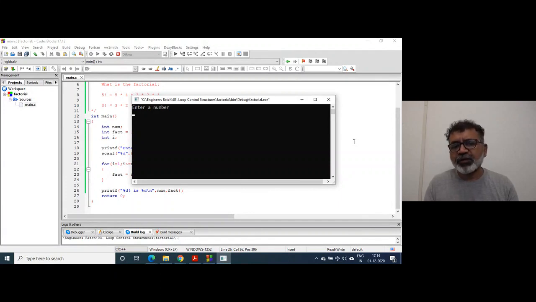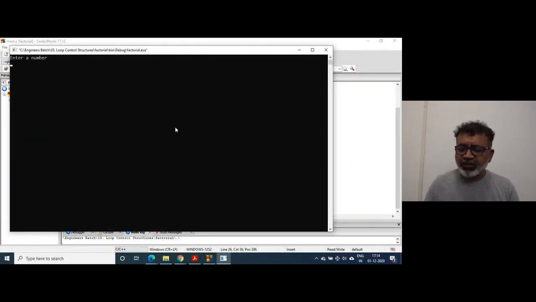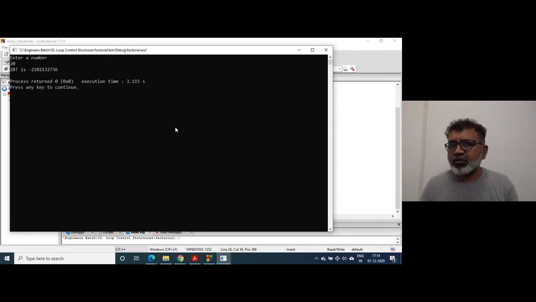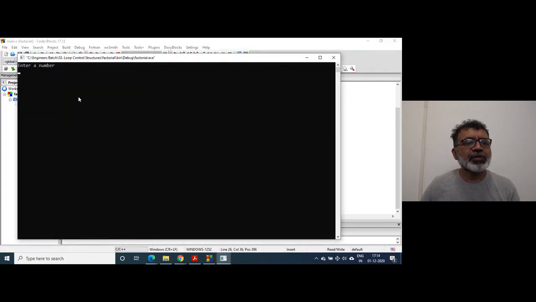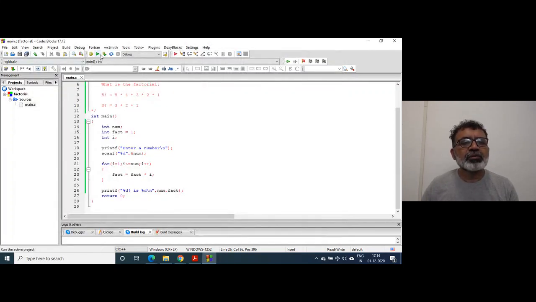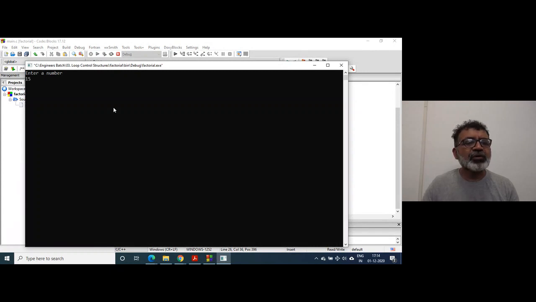So we have taken fact as an integer, so there is a limitation, right? 10 factorial is this value. For 20 factorial you don't get the right value, you get a negative value, right? Maybe 17 or 15 at the most you can get. Because factorial is a huge number. 15 factorial you get the right number.